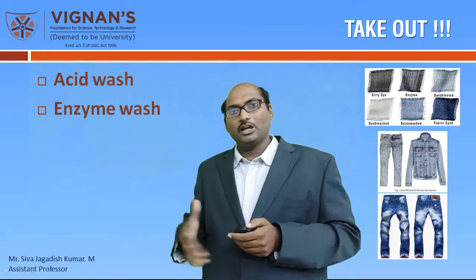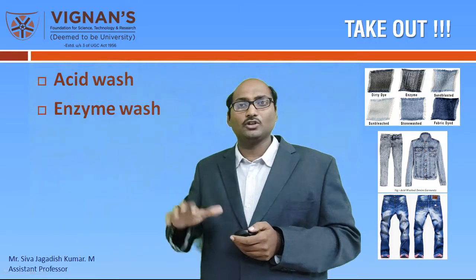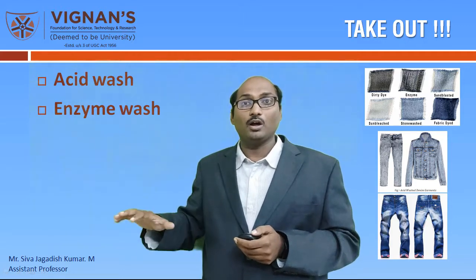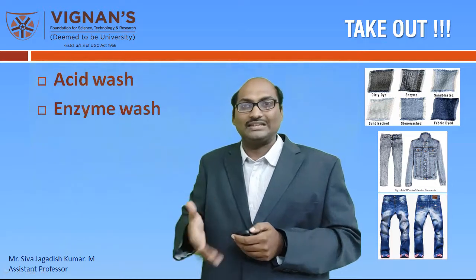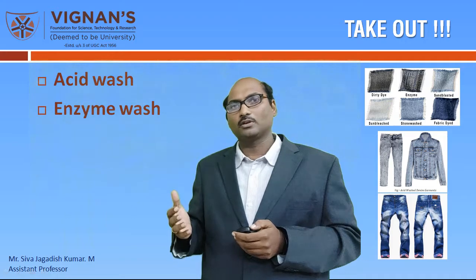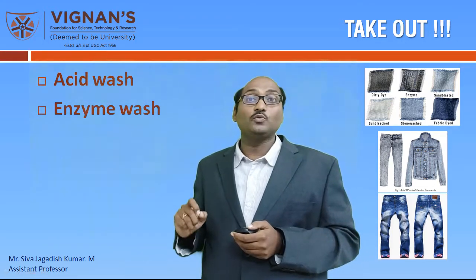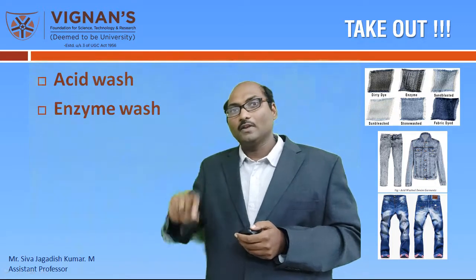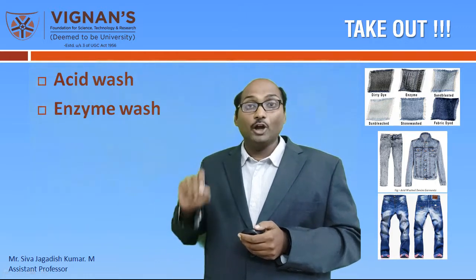So, in order to consolidate and conclude this video, basically in this video we understood the various processes at various stages involved in the garment wash, which were thoroughly discussed. And we also discussed the acid wash, which is basically bleach application, and then in order to neutralize and other processes the acid will be used. And also the enzyme wash, which will be used for the denim garments, and compared it with the bio polishing or the bio wash, which will be carried out for the non-denim garments.